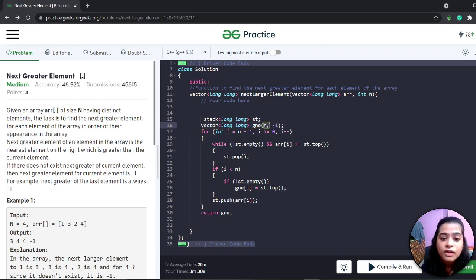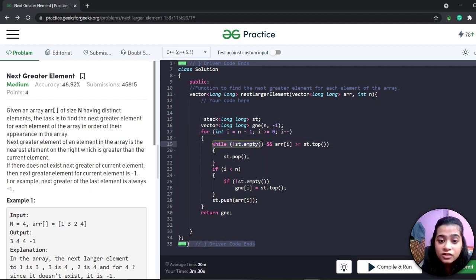I have declared the size of the array, that is n, given in the function, and declared all the elements as -1, because by default we are not able to find any element. Then we are checking all the elements from the last, so i equals n minus 1, i greater than or equal to 0, and i minus minus.